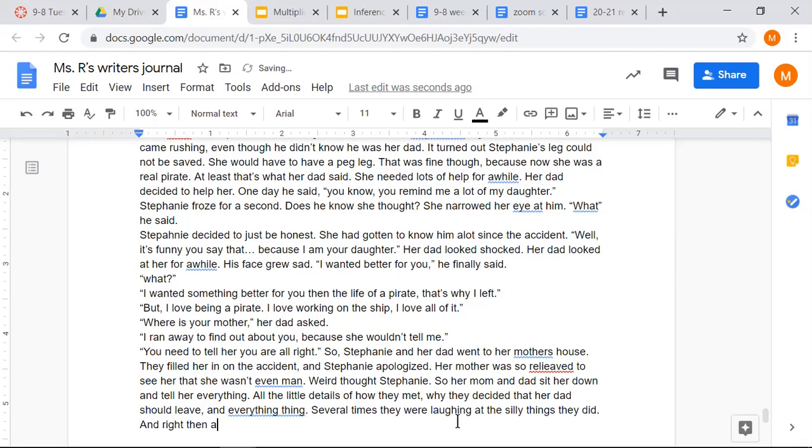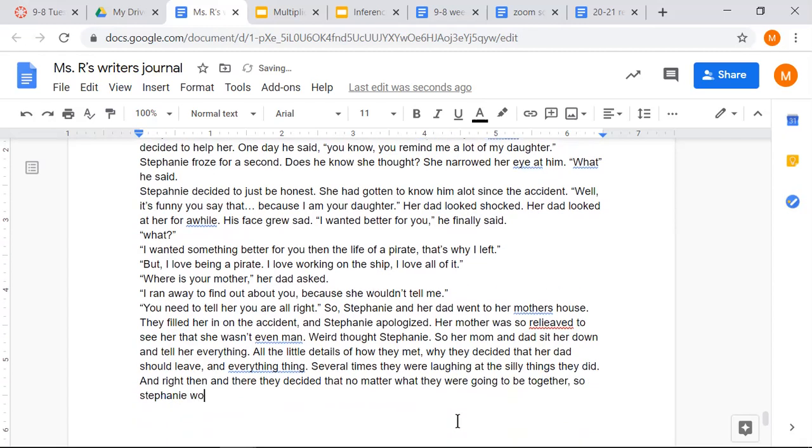And right then and there, they decided that no matter what, they were going to be together. So Stephanie would never have to be without her mom or dad. Next day, they set out to,